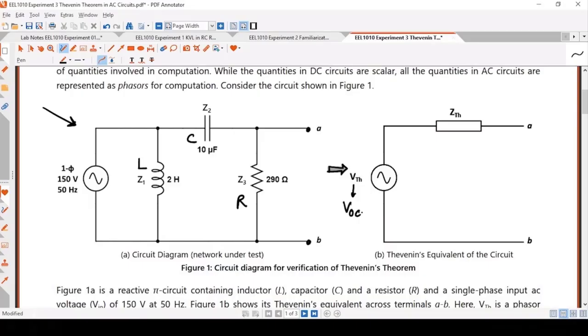But understand that since we are dealing with alternating currents, we would have phasor representation of all components, be it voltage, be it impedance, be it reactance. We will have phasor representation. That means magnitude, angle, theta. In this form of representation, this M would have to be the RMS value of the quantity that you are measuring.